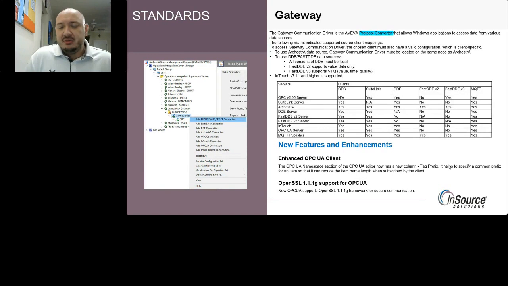This is one way to do that for third-party systems. So some of the newer features is that Gateway now supports what's called OpenSSL, which is more of an encryption-based protocol for the web. And the next driver that we have,